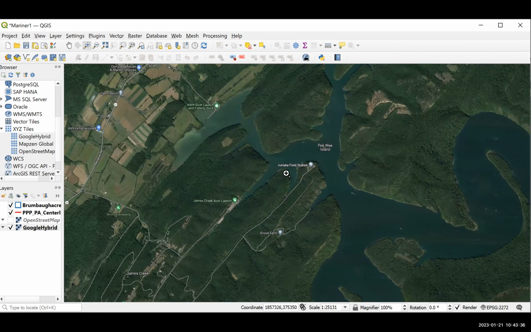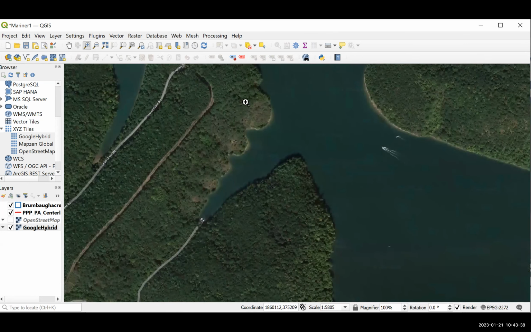And I'm going to zoom in tight to sort of the Grove Farm boat launch. And we sort of see some degradation and some patchiness in the hills. And we might like to record that. We might like to look at what the vegetation condition is there and pull in some